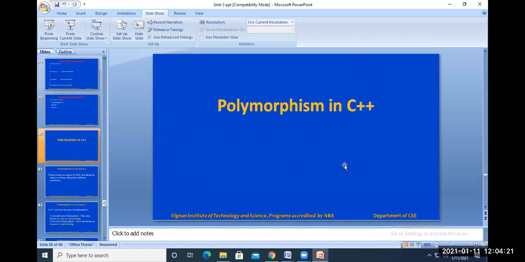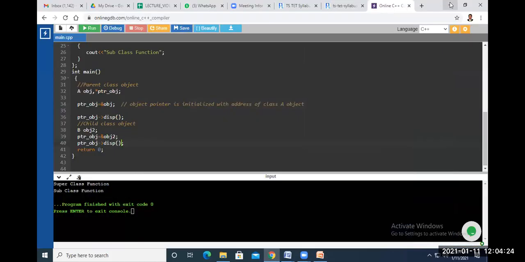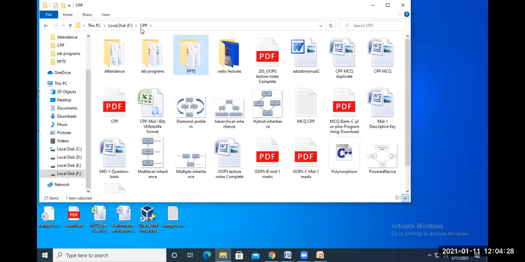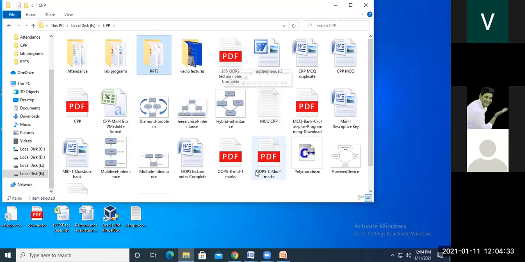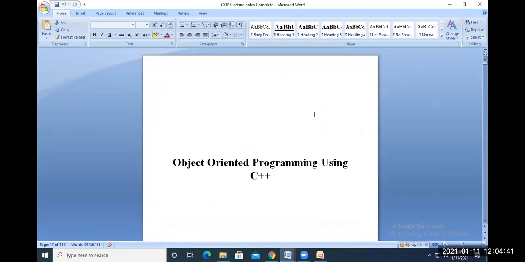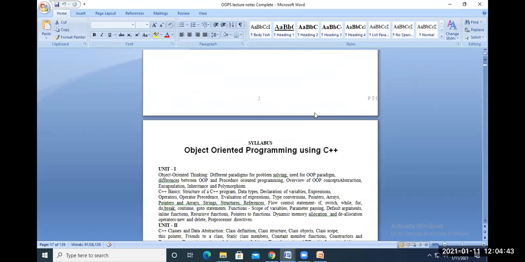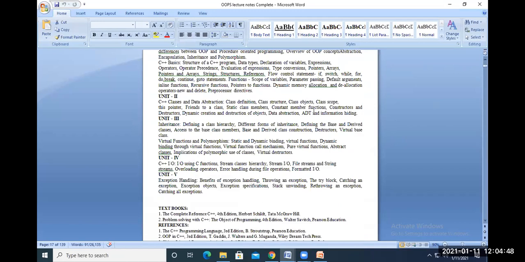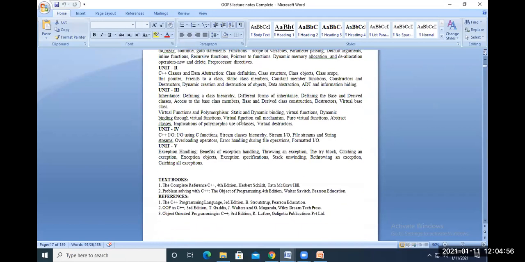So this is unit 3. Any doubts in this? Yes. I will show you the syllabus. Base class and direct construction, destructors, virtual base classes. So next,